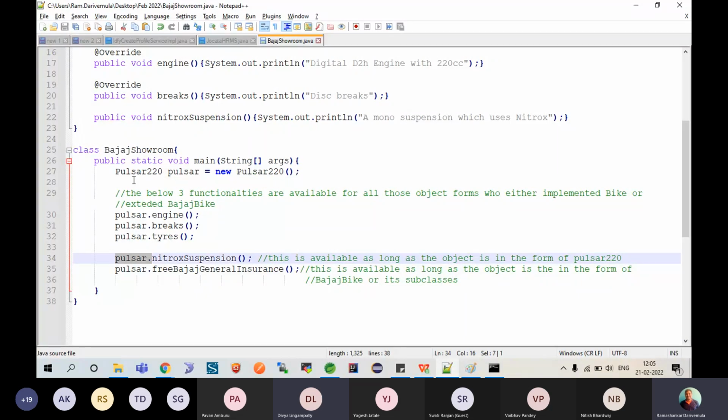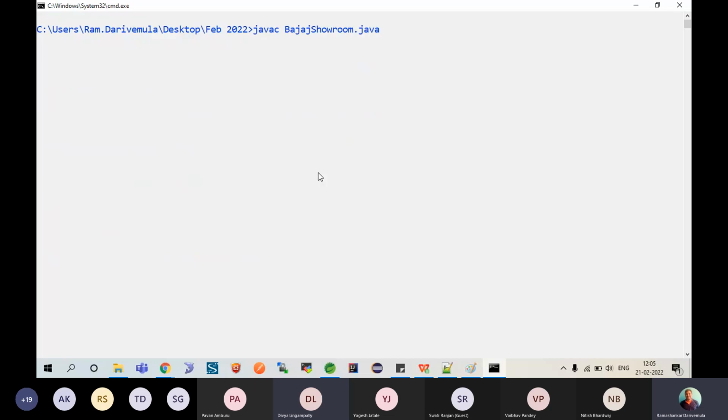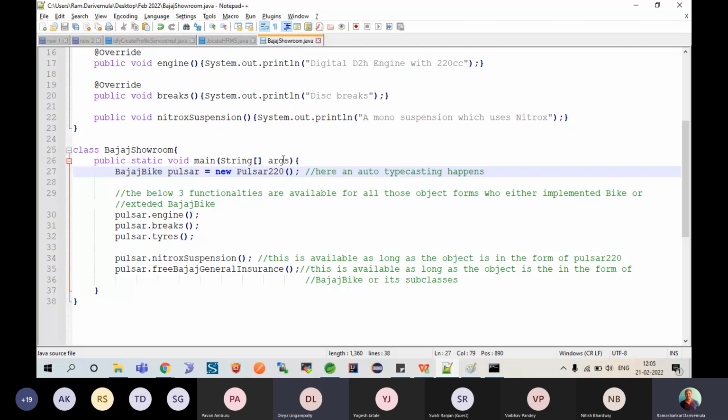Now assume here instead of saying Pulsar 220, if I am saying Bajaj bike Pulsar is equal to new Pulsar, what happens here? Please understand here an auto typecasting happens. Let's see, Control S. Now I'm trying to recompile this program and I get भैया तेरे पास nitrox suspension नहीं है. It's the same code. Just because the root elemental type that I have taken as a Bajaj bike, this internally,